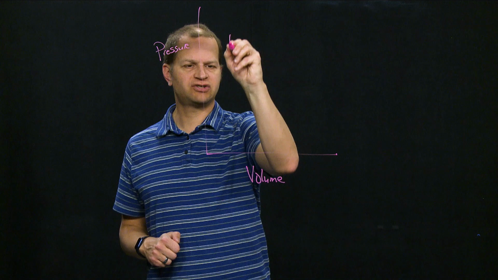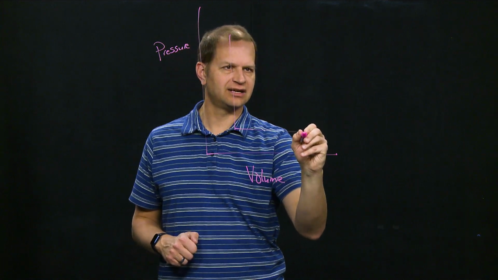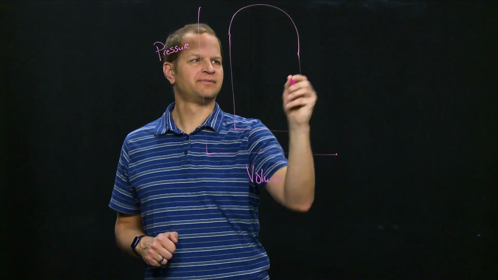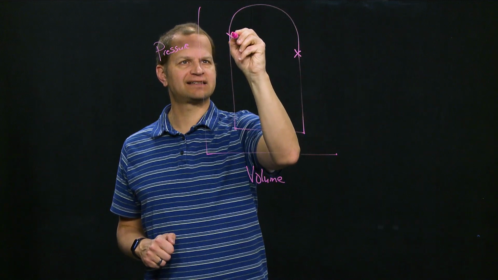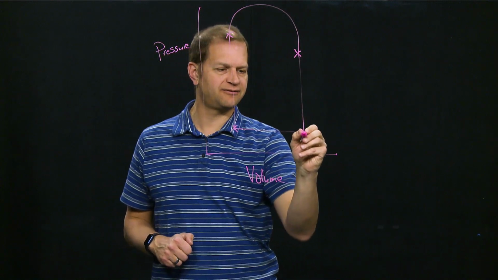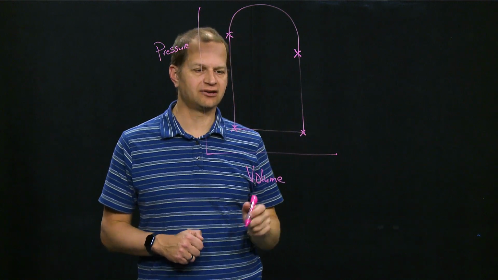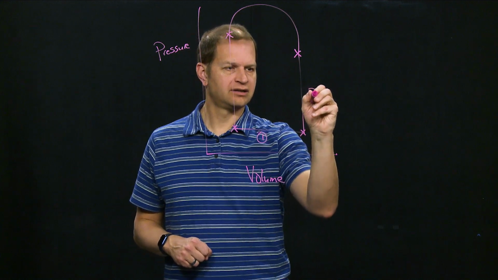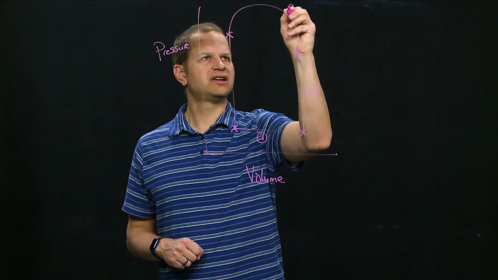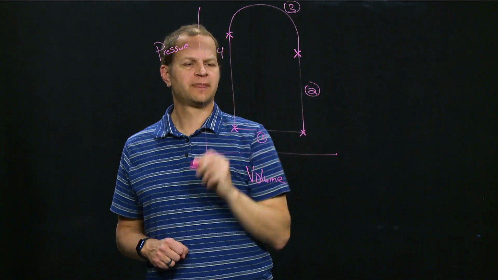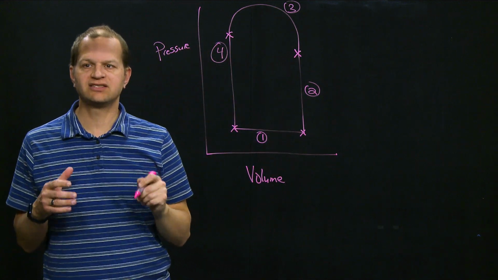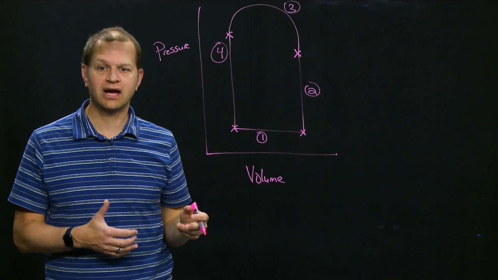Okay, and these pressure volume loops essentially look like this. Okay, and where these X's are mark the changes in phases of the cardiac cycle. Okay, and so we're just going to start here. So this is 1, 2, 3, and 4. Now it's really easy to identify which phase you are in based on what's going on with volume and what's